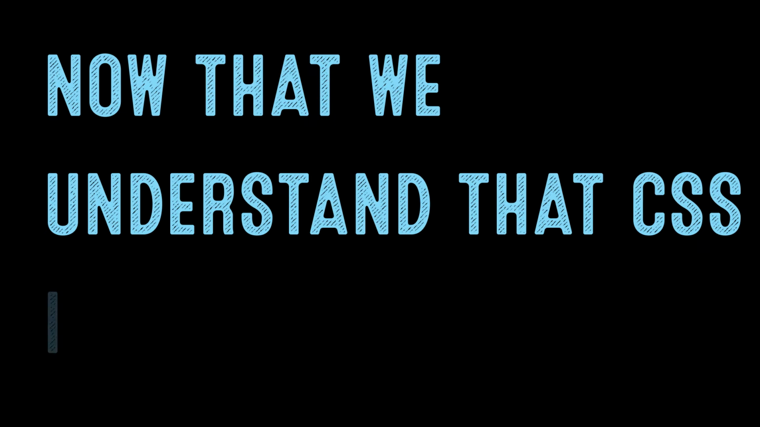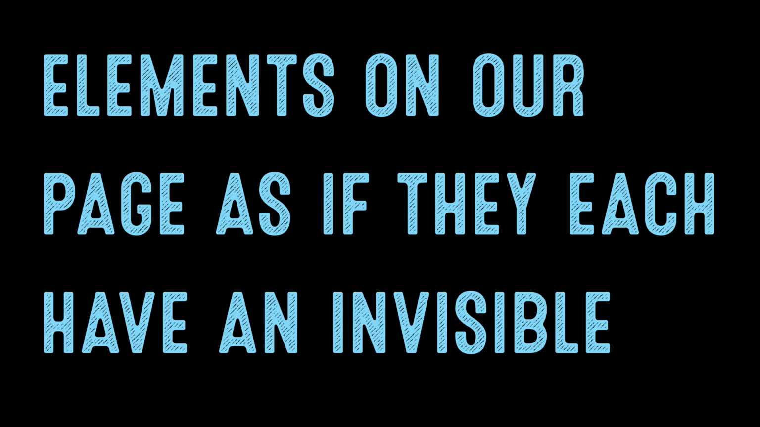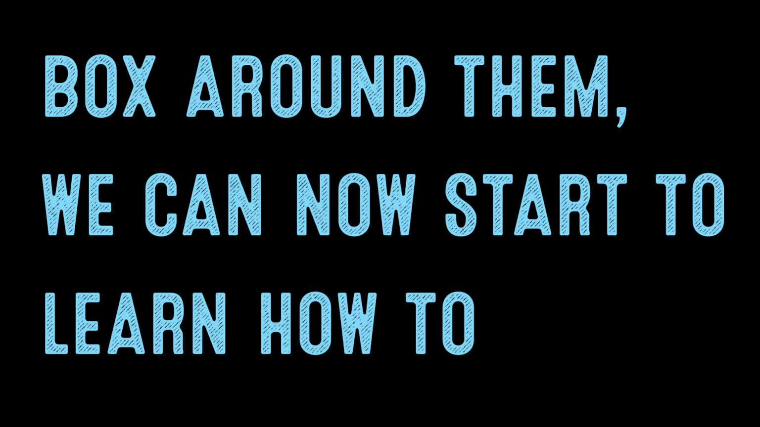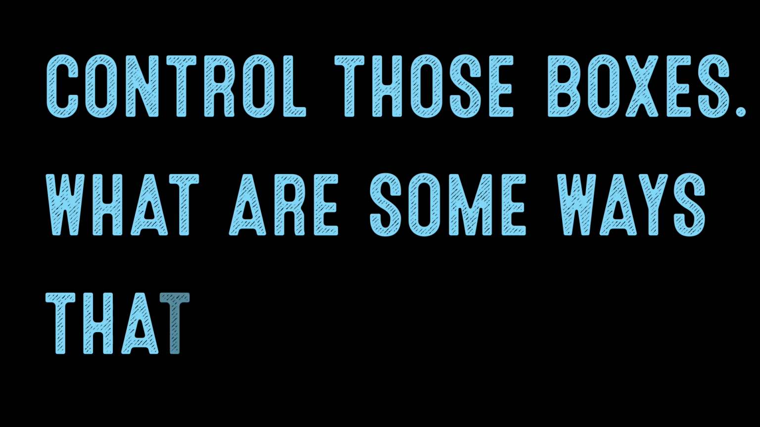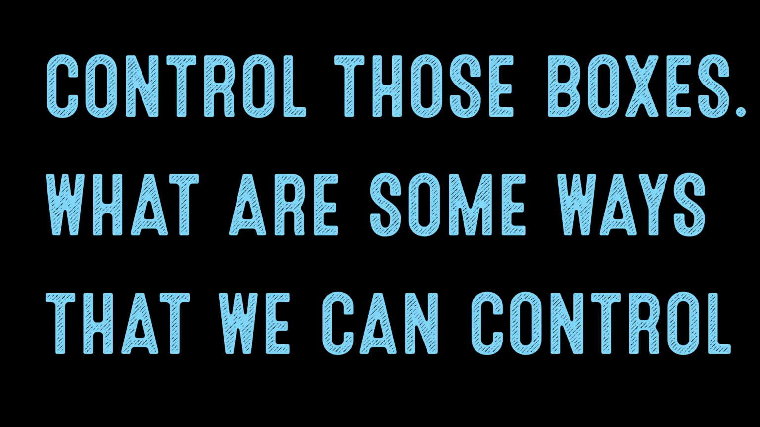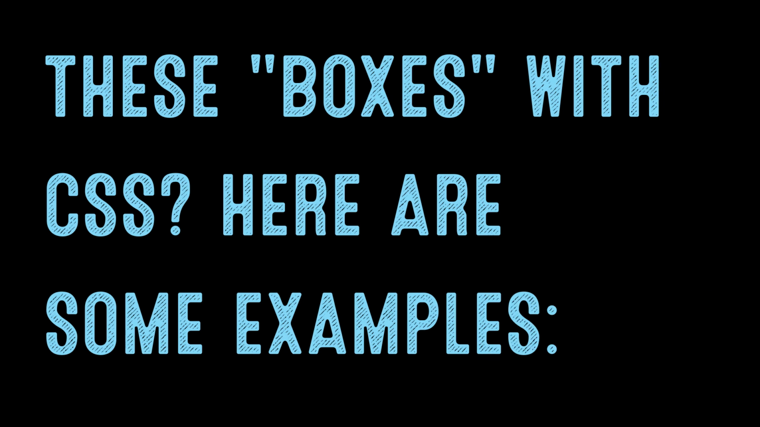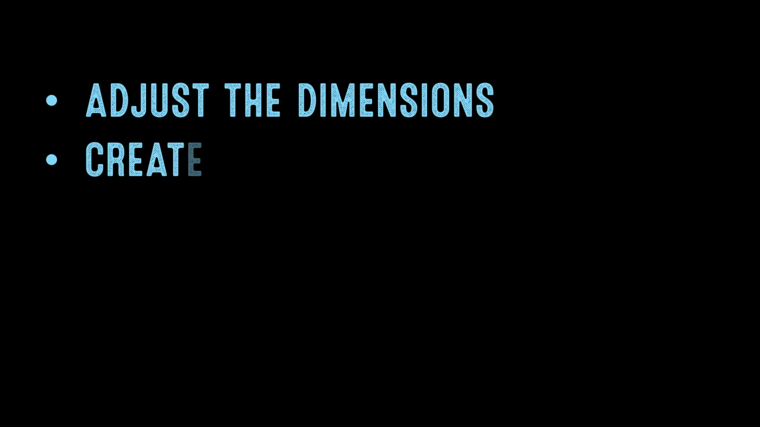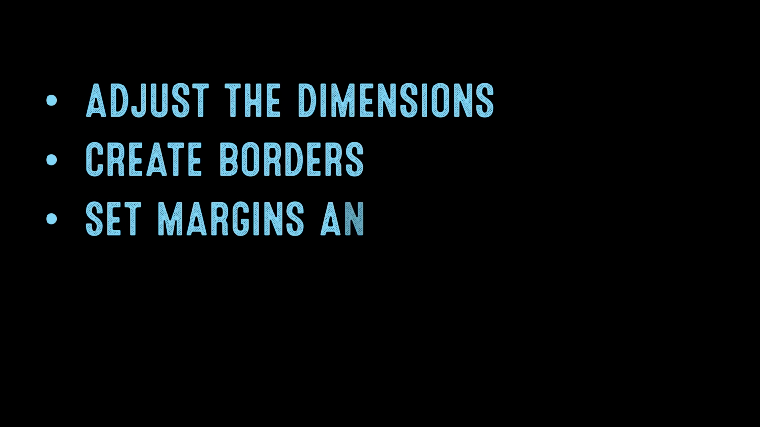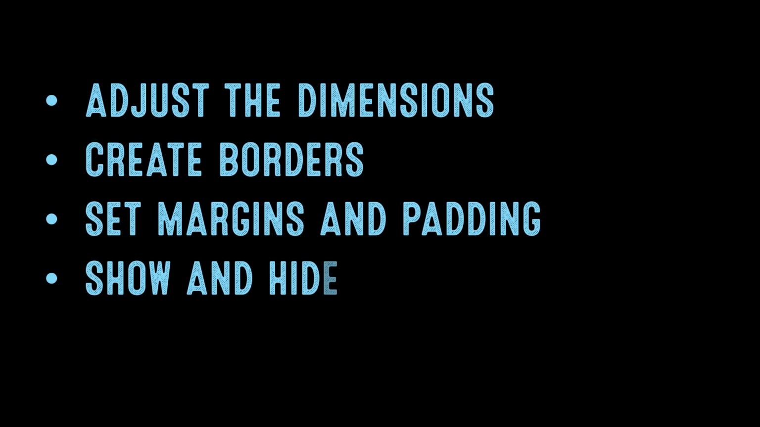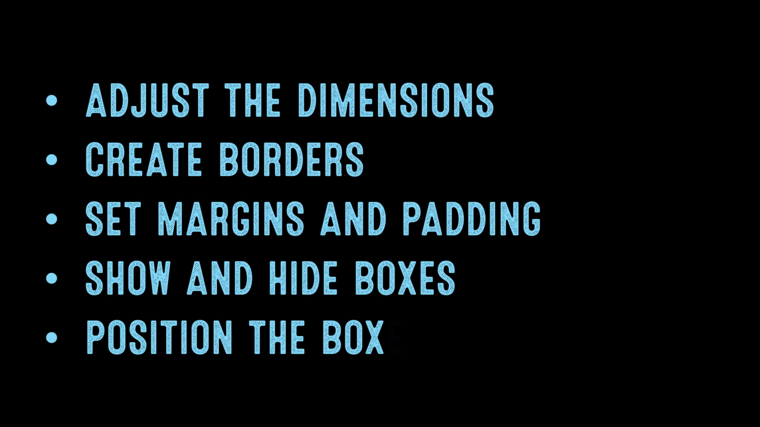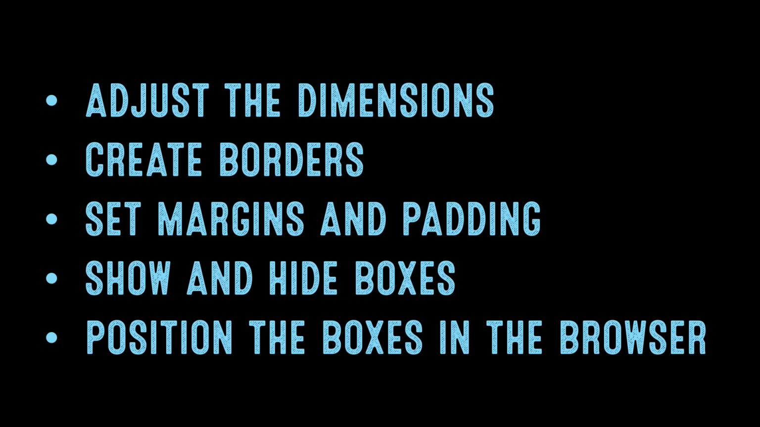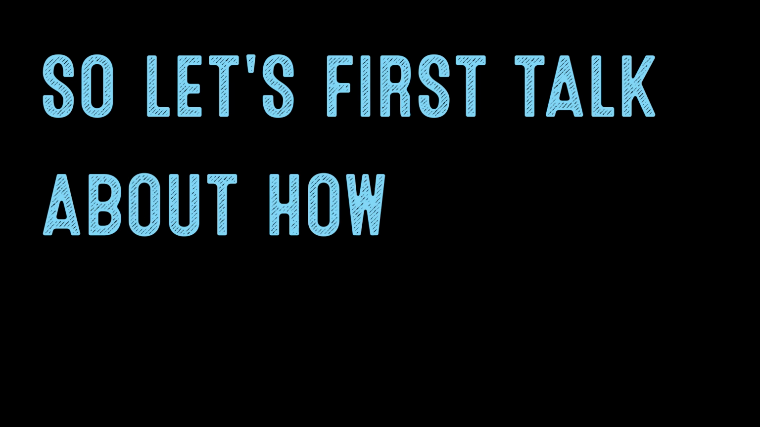Now that we understand that CSS is seeing all the elements on our page as if they each have an invisible box around them, we can now start to learn how to control those boxes. What are some ways that we can control these boxes with CSS? Here are some examples: adjust the dimensions, create borders, set margins and padding, show and hide boxes, position the boxes in the browser. So let's first talk about how to adjust the dimensions by setting the width and the height